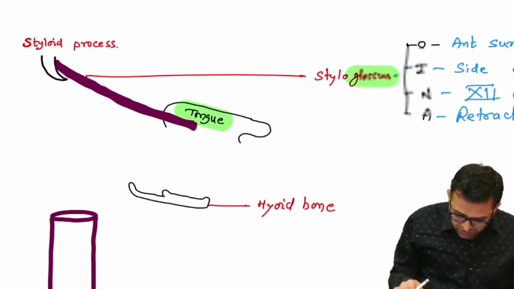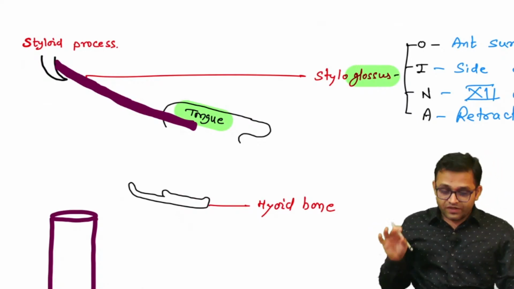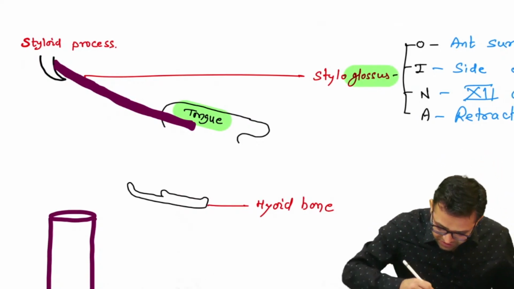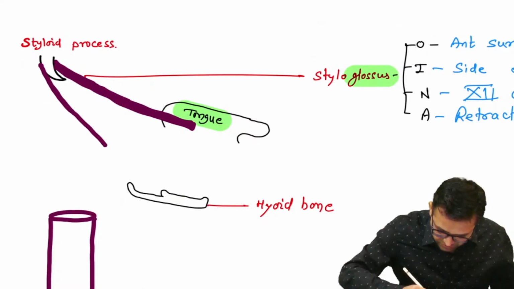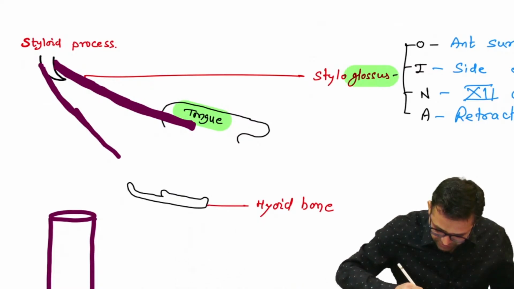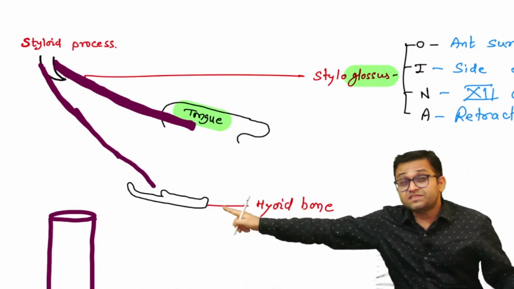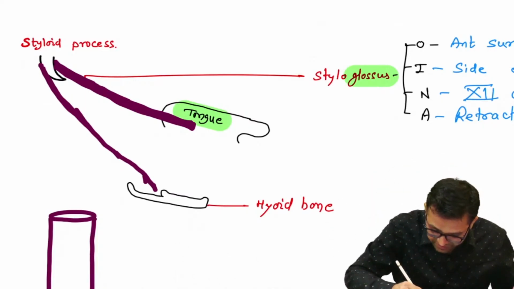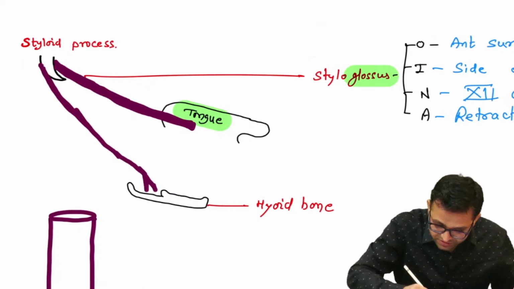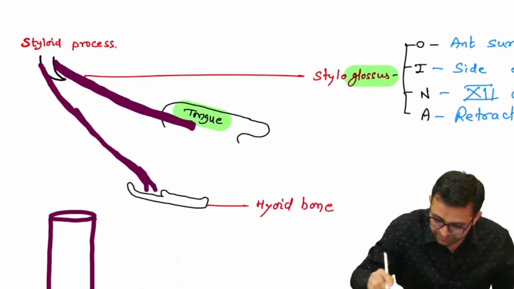So we are going to talk about our stylohyoid muscle. It is taking origin from the posterior surface of the styloid process. Now it is going towards the hyoid bone, where it is getting insertion into the lesser cornu part. But remember, when it reaches the lesser cornu part, it will bifurcate. In between them, later I will teach you, is the passage for the posterior belly of the digastric.